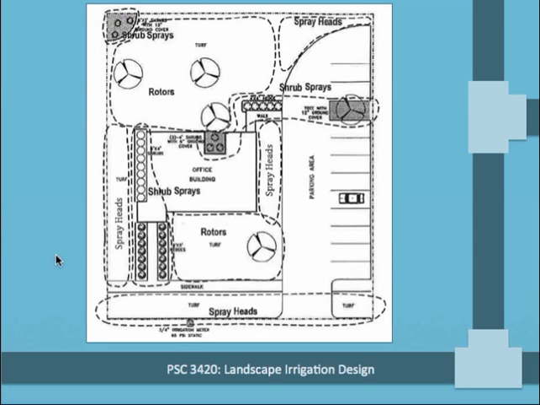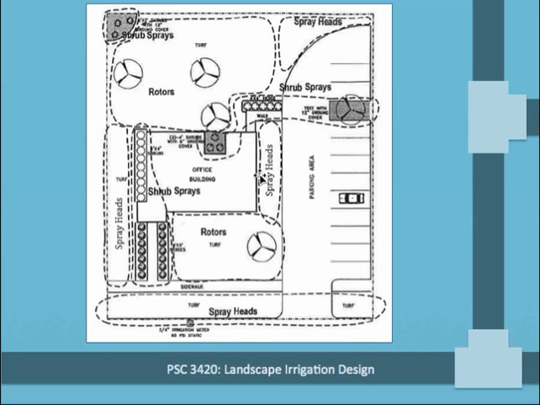So the next step then would be to just lightly outline the areas that you think you're going to be able to irrigate in certain distinct ways. So you can see here in this back area, they've designated it to be irrigated with rotors, which makes perfect sense considering the size and shape and the fact that it's a turf area. Here in this long narrow turf area, they've said spray heads, here as well,